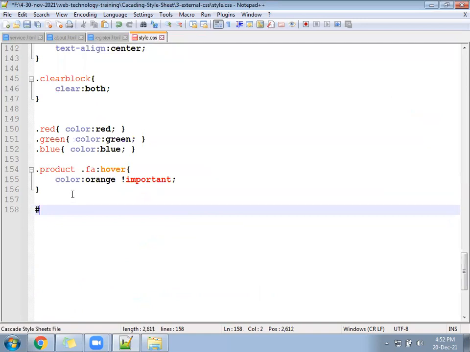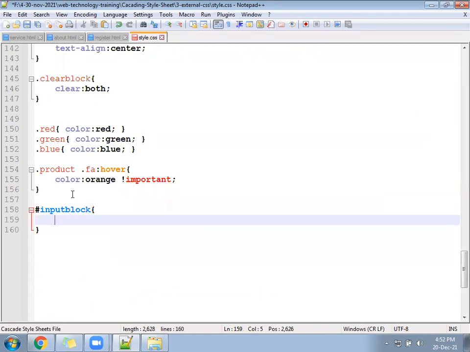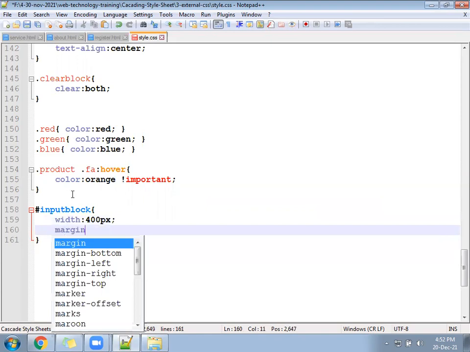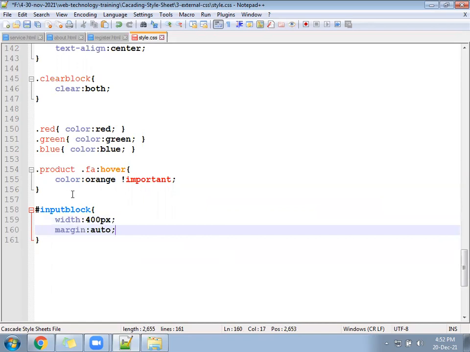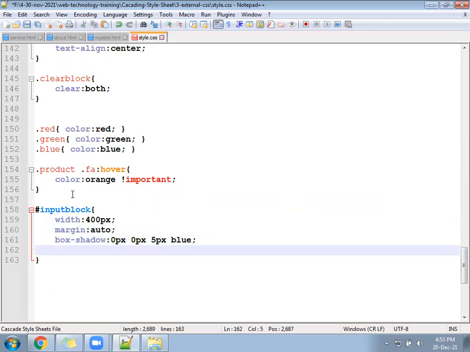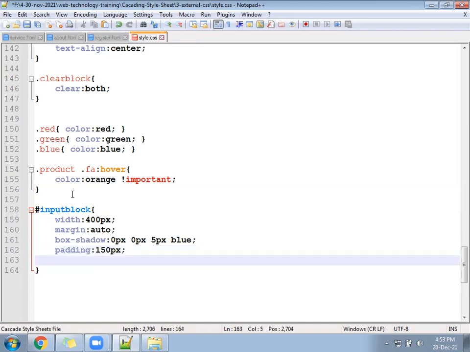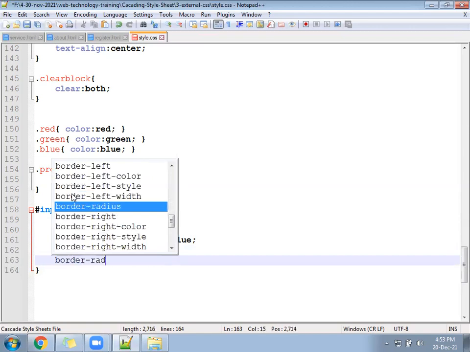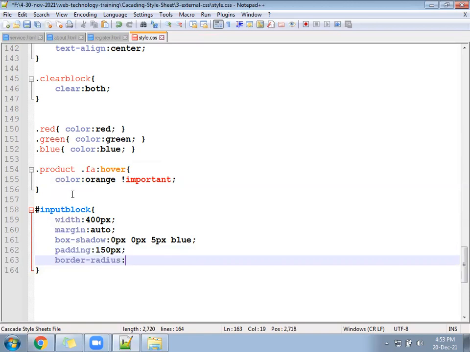is the ID. So each page we can keep one input block. There we can keep width close to 400 px, and after that margin auto, and one box shadow 0 pixel 5 pixel blue color, and then you can write padding also 15 px, and then border hyphen radius maybe 10 px.